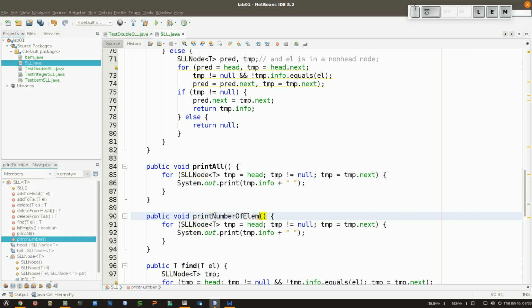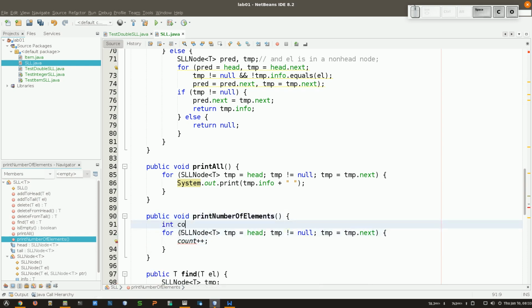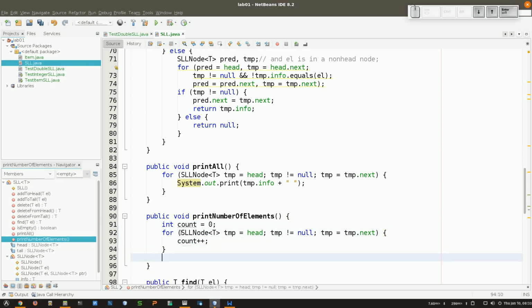And then when I'm doing something like this, I'm not going to print anything. I'm just going to increment some variable that I'm going to declare. I start from 0 and I increment it, and once I finish, because that means I've gone through all the elements,